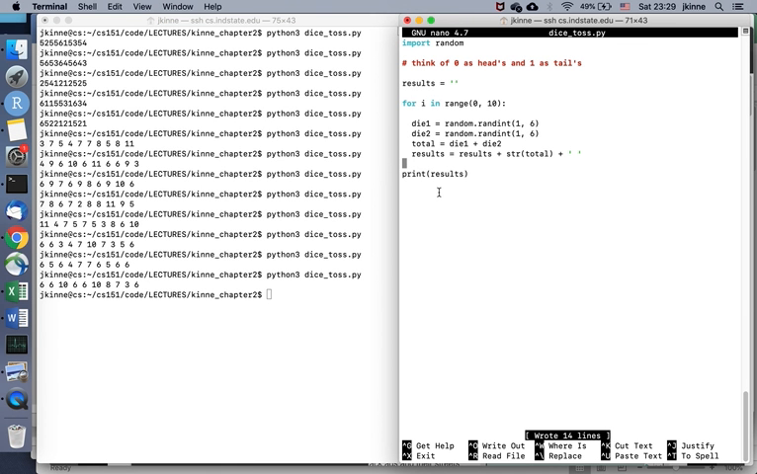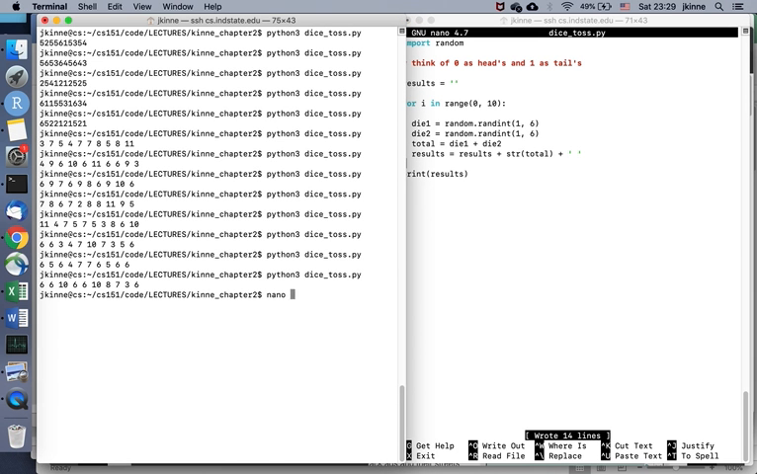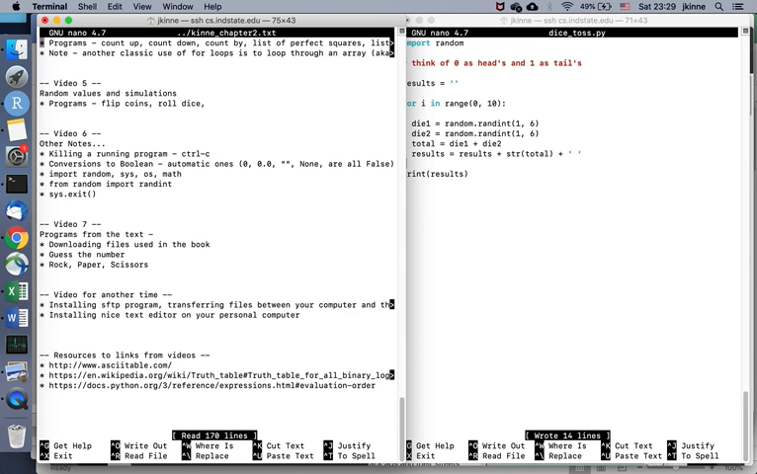Okay, so we could do the same thing to generate anything that needs to be random, like dealing cards in a game or doing a simulation of something. Okay, so that's kind of